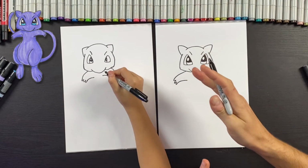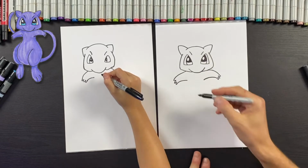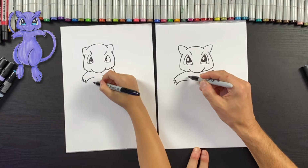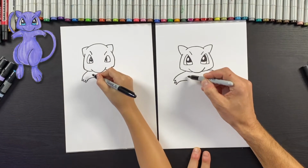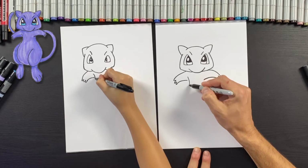Now we're gonna do the body. Okay, so this is gonna be a little bit tricky, but what we'll do is we'll start right about here. Okay, so go up just a little bit, right? And it's okay if you don't hit this spot here. But what you're gonna do is you're gonna start on the top here, and you're gonna come this way first. And then you're gonna hook over,